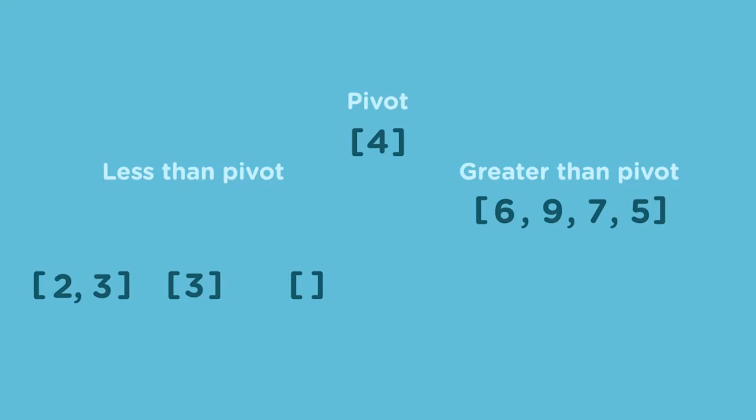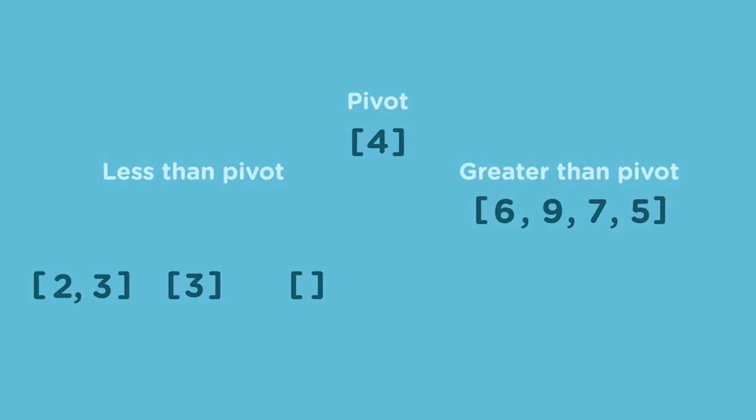the first sublist. But I don't want to say less than or equal to over and over, so I'm just referring to it as the less than pivot sublist. Also notice that there are no values greater than the pivot. That's okay. When we join the sublists back together, that just means nothing will be in the returned list after the pivot. We still have one sublist that's more than one element long, so we call our quicksort function on